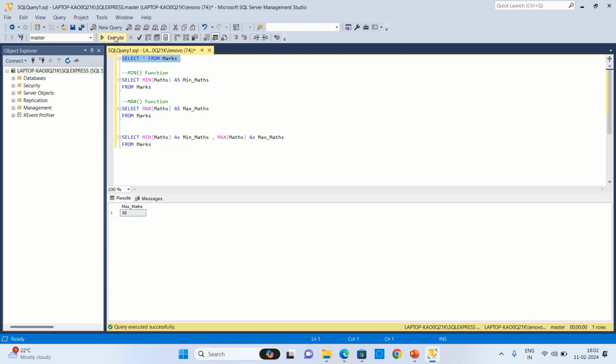So this is the table that we are discussing. Name, physics, chemistry, maths, class. These are 5 columns, and then there are 8 records for all these 5 columns. Now first try to understand the minimum function. So we will write the query like this: select min, then the column for which I want the minimum value, from,